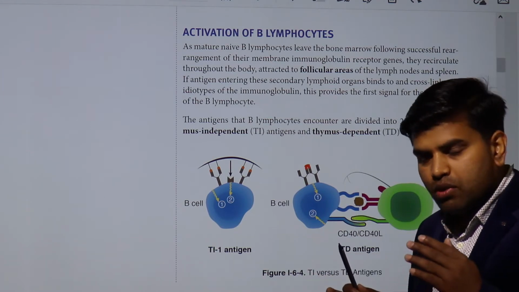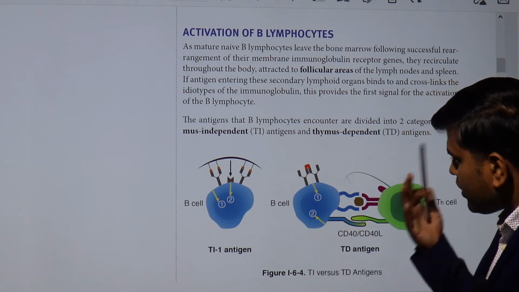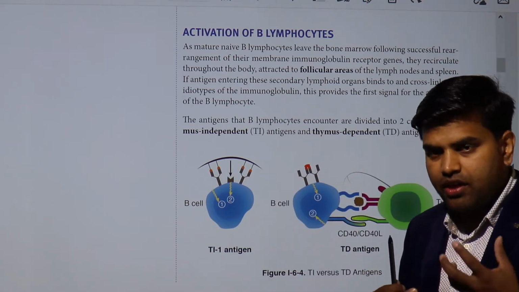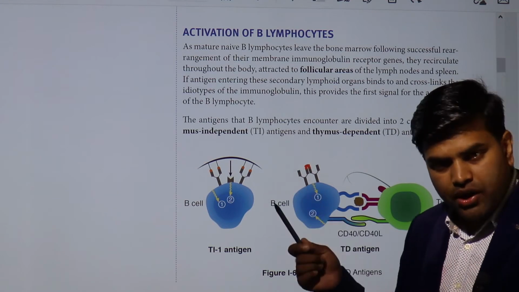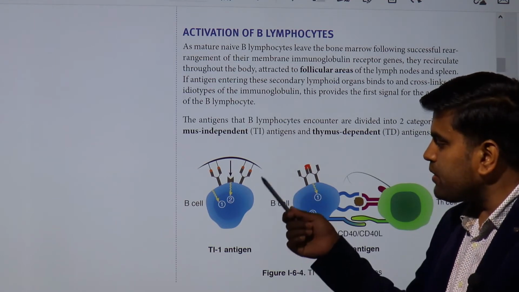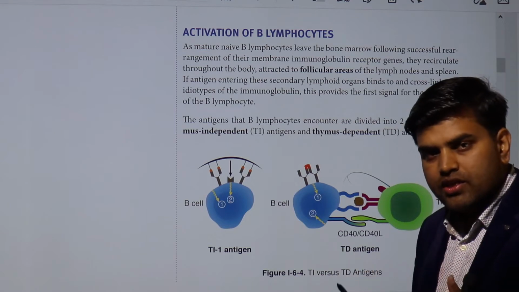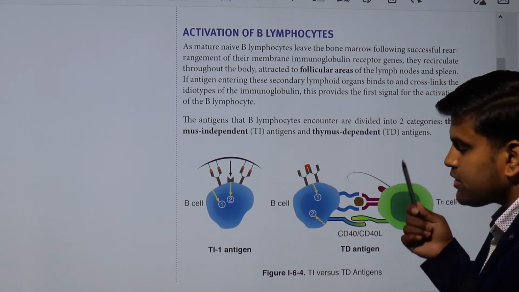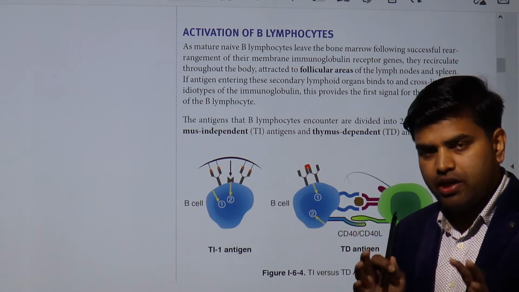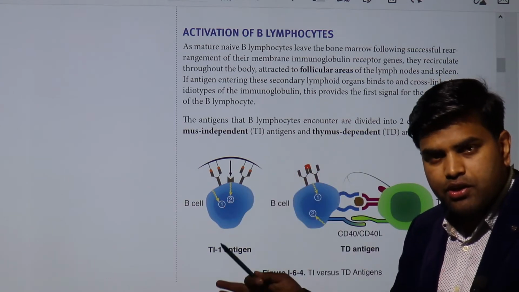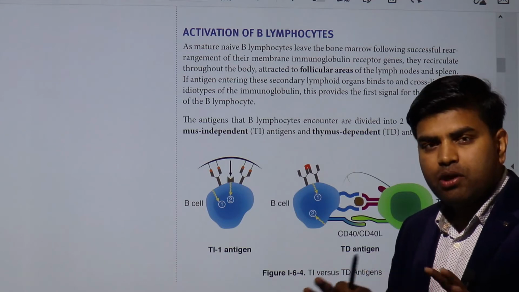What will decide whether it is Thymus dependent or Thymus independent? The nature of the antigen. If it is lipid, carbohydrate, or polysaccharide, that will be Thymus independent. If it is protein in nature, then it is Thymus dependent. So this should be clear. Thymus independent antigens directly activate the B cell, convert it into the plasma cell and form antibody, but with a weaker immune